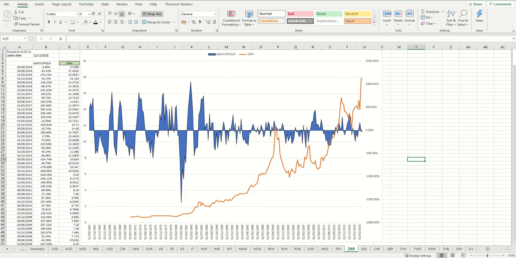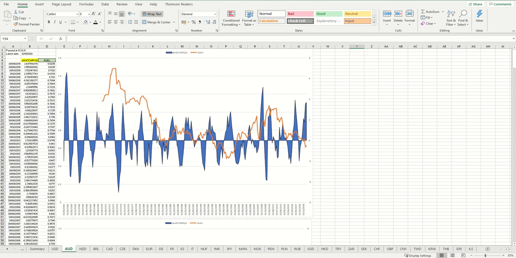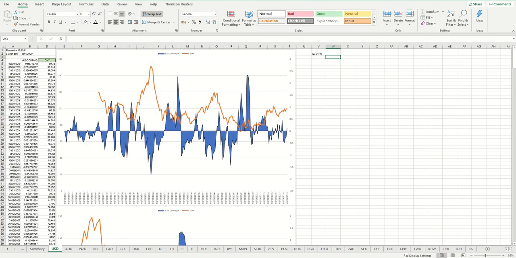ZAR, does it work for ZAR? Yep, of course it does. We had a peak out here in positivity. It transitioned to negativity. Often you're looking out for the peaks in positivity and going into negative, and once it does that, you can see gigantic moves once again. Again here, gigantic moves once again. So this is just once again the capital account balance as a percentage of GDP on a year-over-year basis. If you can't find that data, then the capital account balance for the country divided by the different country you're looking at,